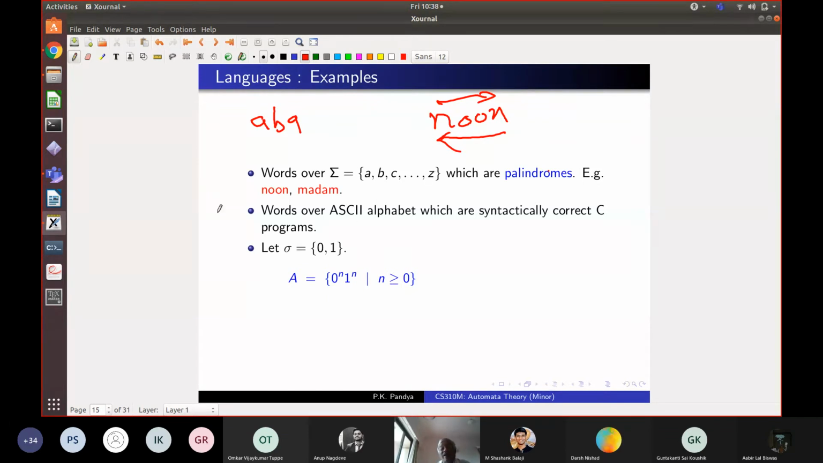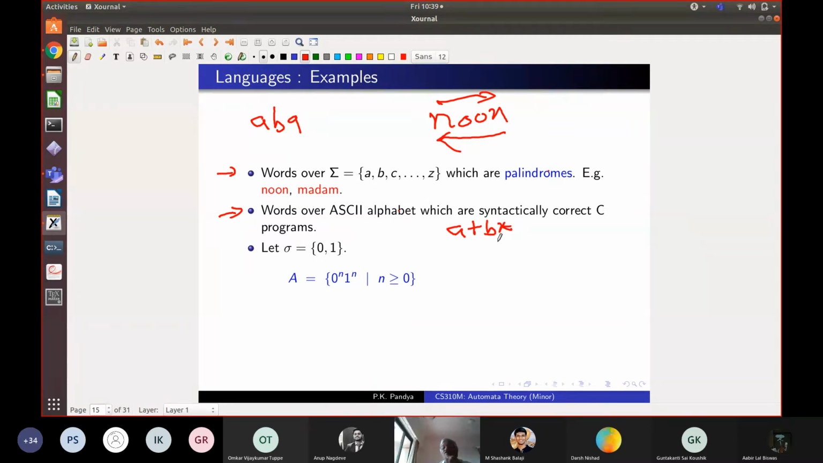Similarly, another language which is very important to us, this is an artificial thing, but a language: all sequences of ASCII characters, that is all sequences of characters you type from the keyboard, which form syntactically correct C programs, is the language of valid C programs. We don't care what they do, but for example, a program like this, A plus B multiply,